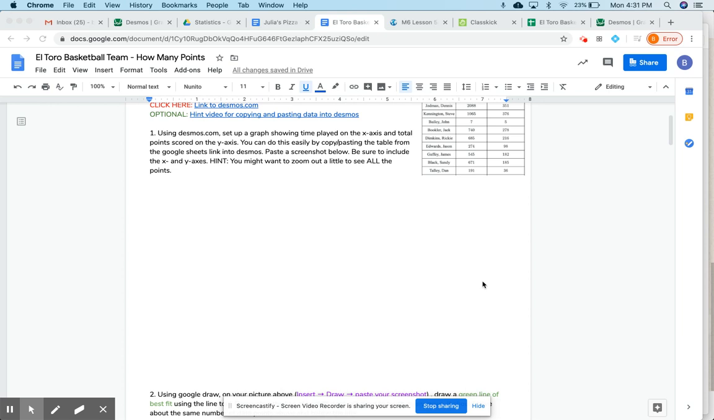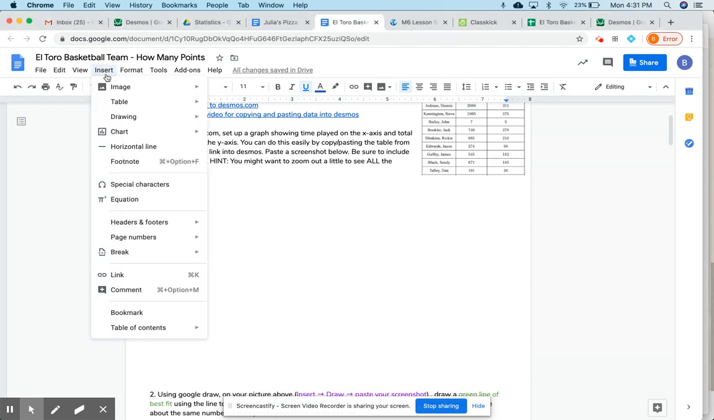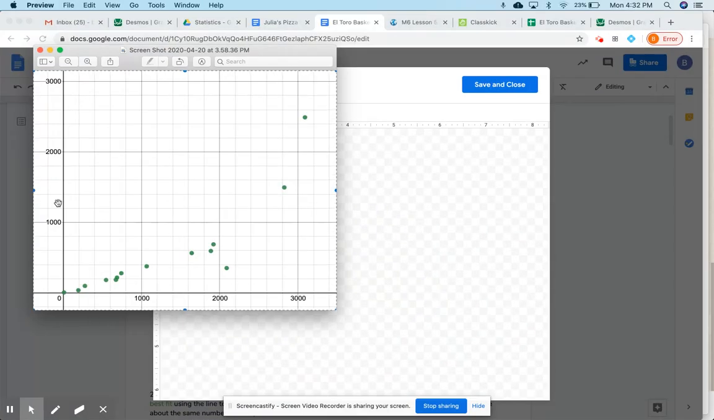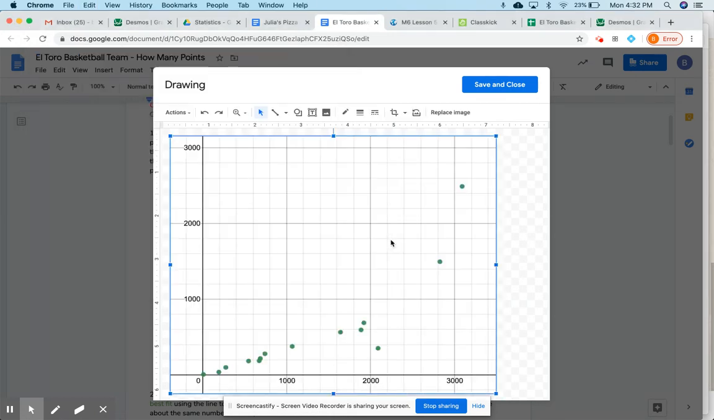Here is a hint about how to draw a line of best fit on Google Docs, and then how to find the rate of change, initial value, and best fit equation. So, you're going to want to go to Insert, and then Drawing, New, and then find the screenshot that you took,